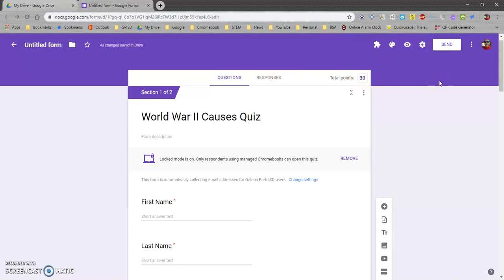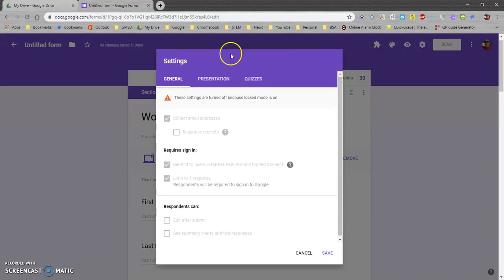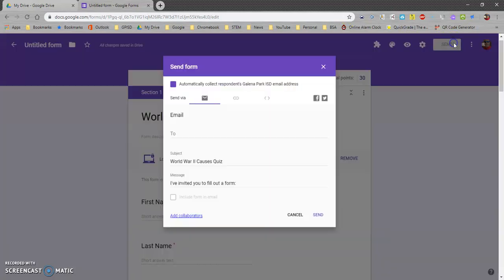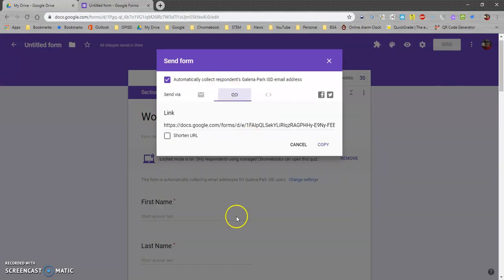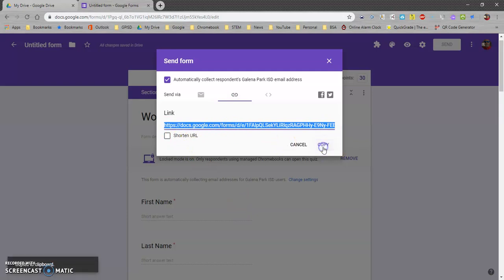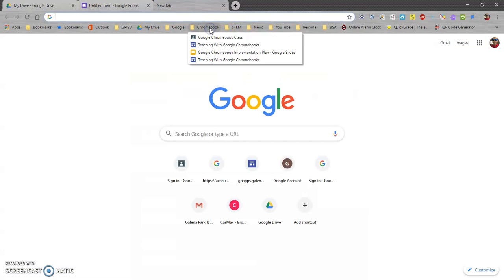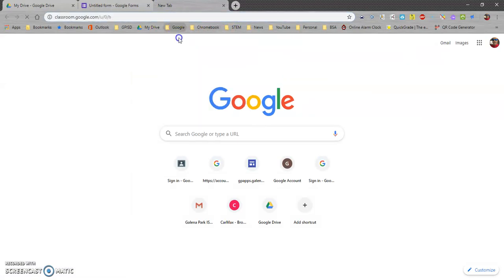Then how do you give this quiz to your students? So, okay. So I don't need to go into the settings anymore. I'm just going to go to send, and then you can get the link, right? So you can just copy this link right here and just copy it. And now you can put that into your Google Classroom, right? By just going to your Google Classroom. So I'm going to go to my classroom, right? And if I want to assign that to my students,